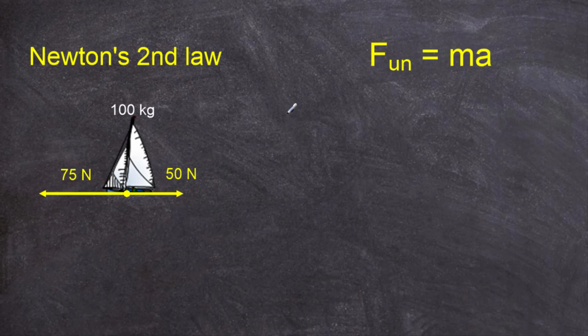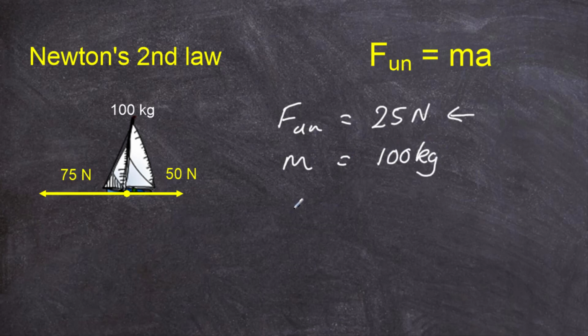So let's put in our data. The unbalanced force, we can see from the diagram, is going to be 25 newtons, and it's going towards the left this time. The mass of the small yacht is going to be 100 kilograms, and our job is to find the acceleration of it. So once again we rearrange the Fun equals ma equation to have acceleration equal to unbalanced force divided by the mass, and that's going to be equal to 25 newtons